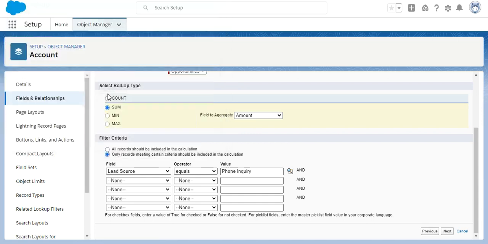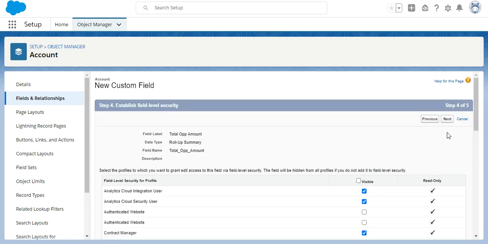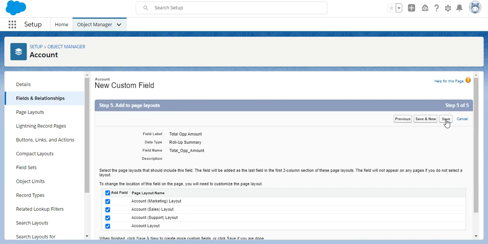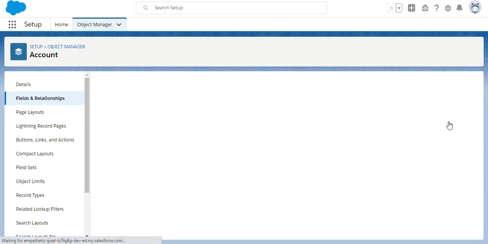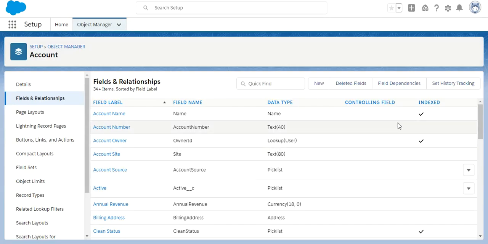If any opportunity lead source equals the phone inquiry, in that case this calculation will be performed. So let's save this. Next, then next, and then save. So our rollup summary field has been created.